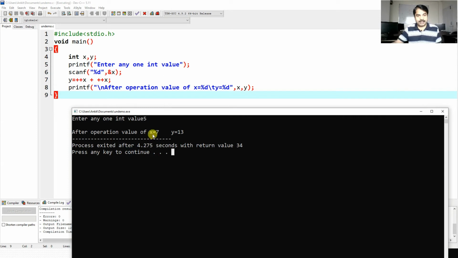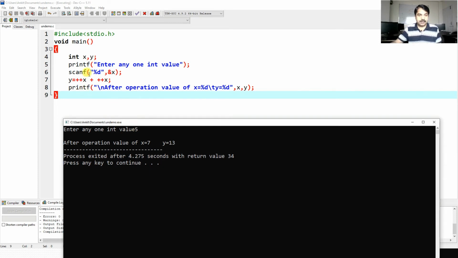Why? Because we have put the value 5 for the variable x. First it will increment the operand value by 1, so 5 plus 1 becomes 6. When it goes to the next ++x, it becomes 7.